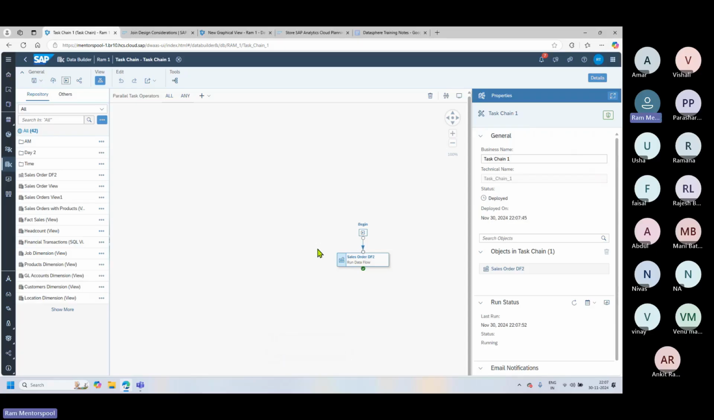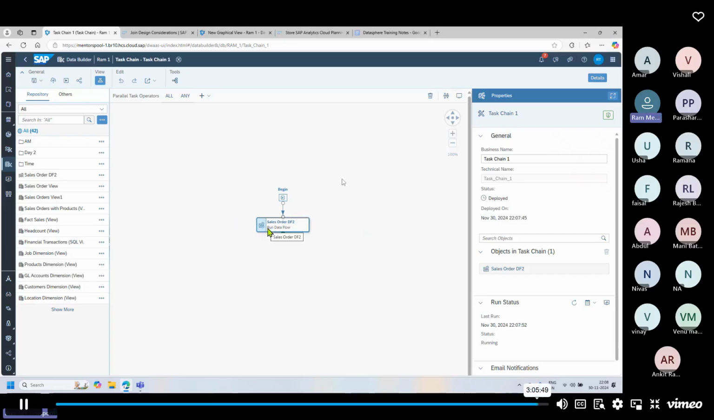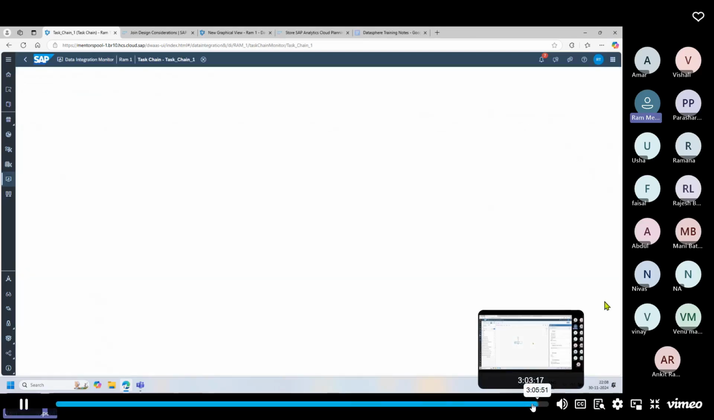Right. Again, if you are from SAP BW or something, this is very similar to a process chain. So I have run it. So now let's go to the integration